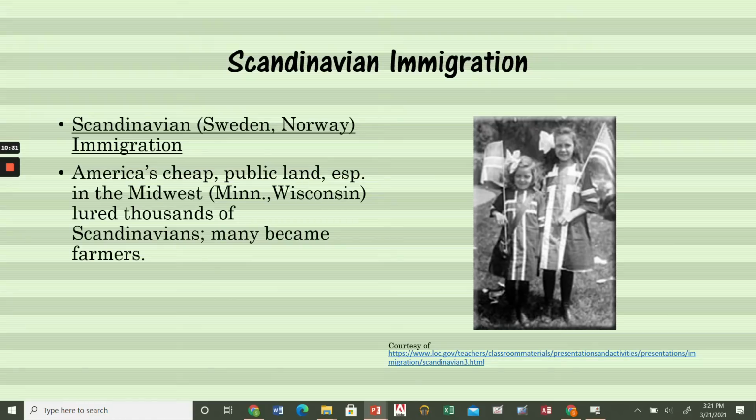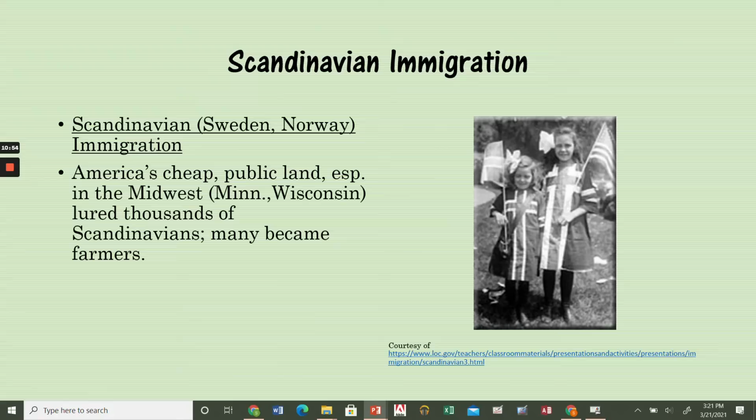America's cheap public land, especially in the Midwest, lured thousands of Scandinavians, many of whom became farmers. So again, that goes back to that last point we're talking about. There was an abundant amount of land. In this land, Minnesota, Wisconsin. So that land coming in,